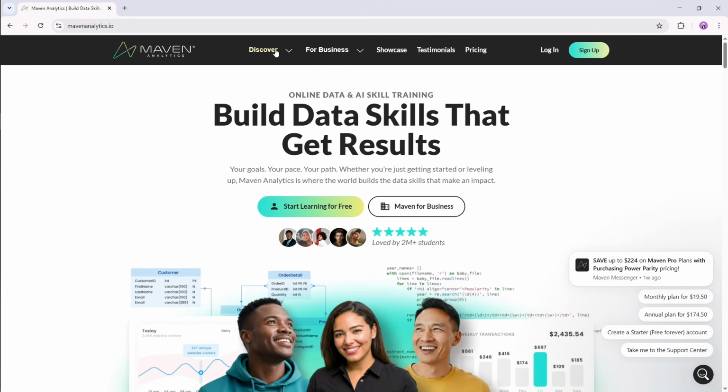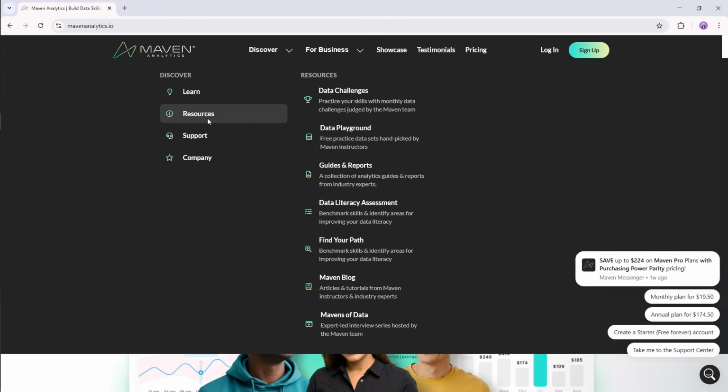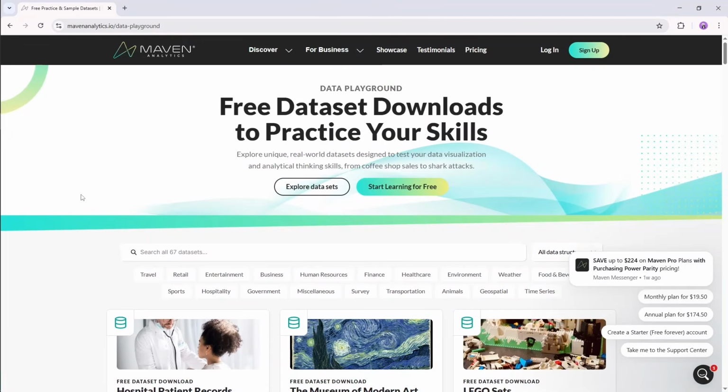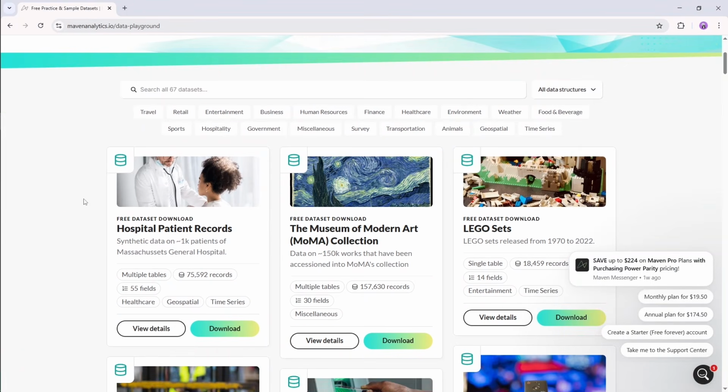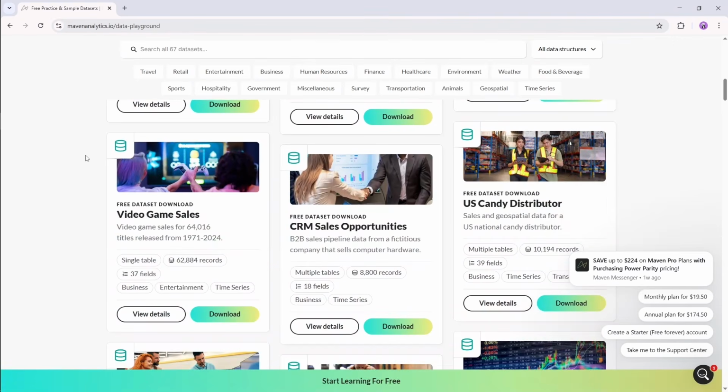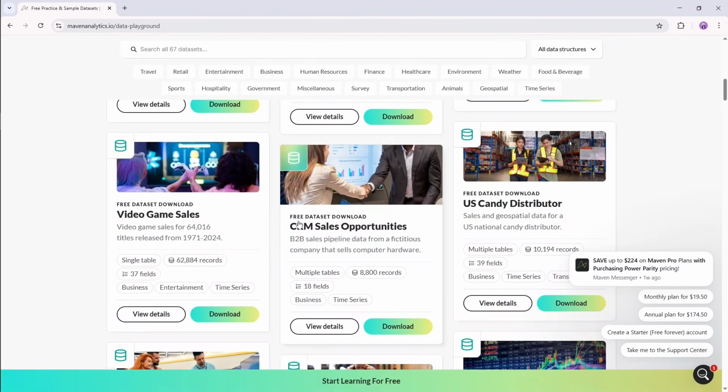Now go to Discover, click on Resource, and from here click on Data Playground. Here you can see all these data sets and there are categories given too. Alright, so the data we will be working with is this CRM sales opportunities. So click on View Details